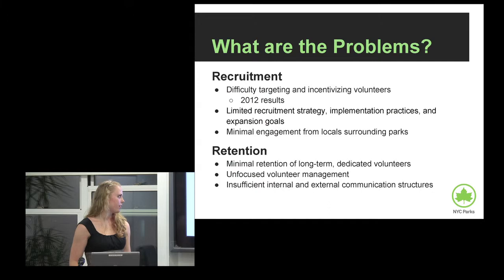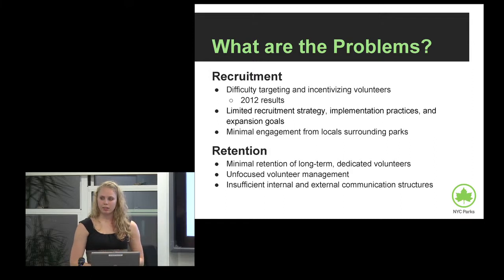Now, the mission of NAV is not currently being fully met because there's a problem with recruitment and retention. For example, in 2012, they had 117 stewards volunteering with the program. NAV has a recommended 12 volunteer hours per person. But out of those 117 people, only 14 people completed those 12 hours, and only 40 people completed 2 hours, which means that everybody else did less than 2 hours of volunteering.